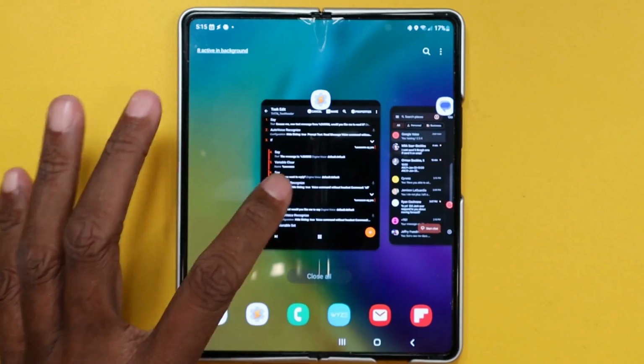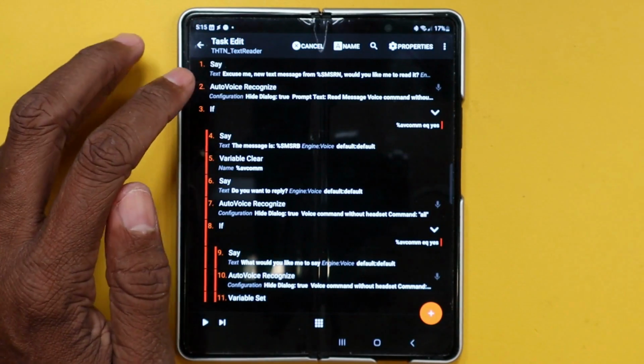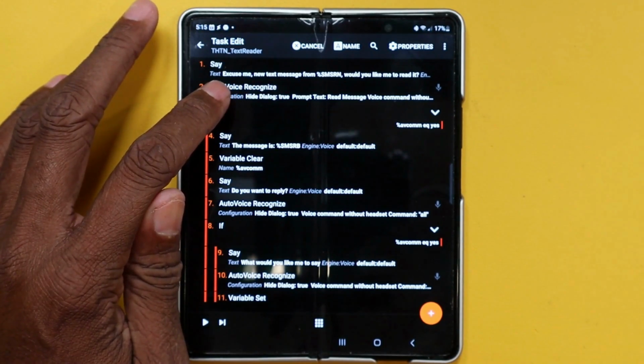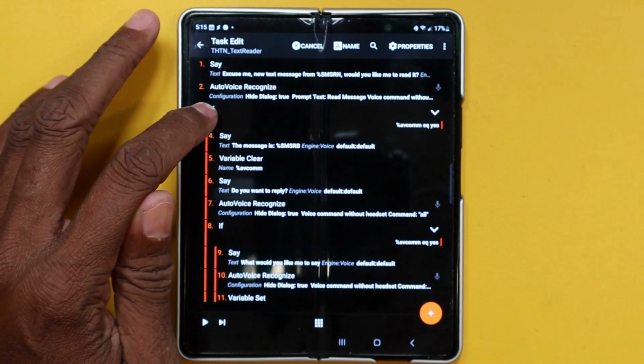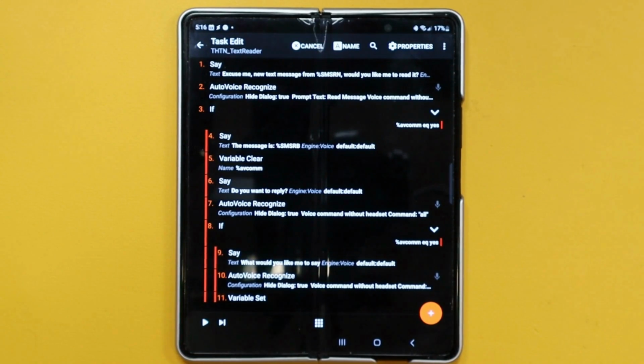I actually expanded on that. When I get a text message, it says, excuse me, you just got a text message. It then says, do you want me to read it? It waits to hear if I want to read it or not. If I say yes, then it goes ahead and reads it. Let me show you how it works. I'm going to type in, hello, would you like coffee?